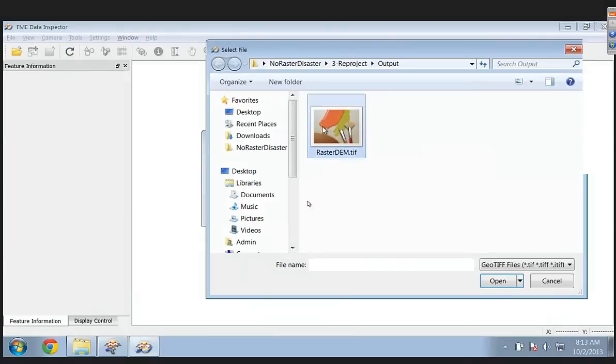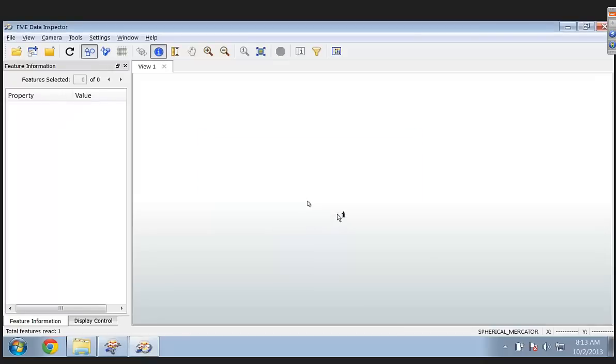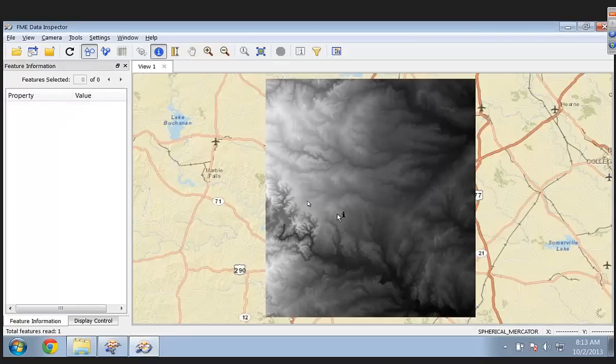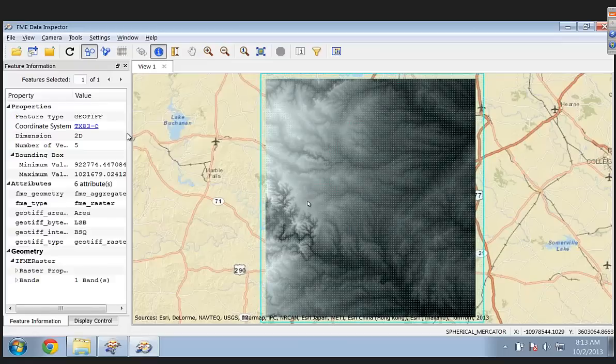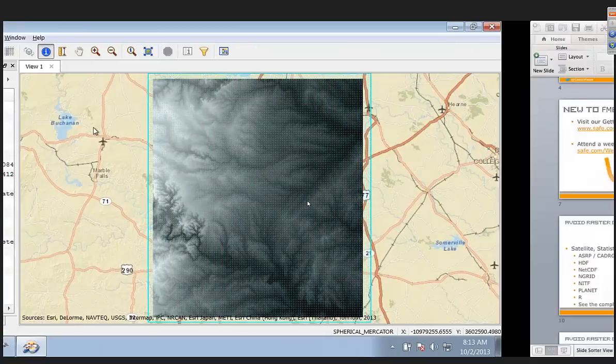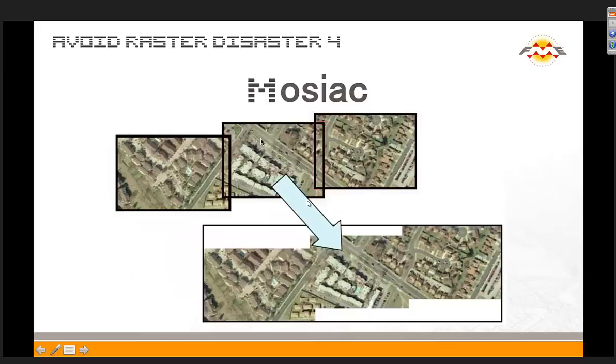And again, grab it in the Data Inspector here, it should come. And there we are. So this is a different projection. But since we're in the Data Inspector, we're reprojecting anyway to fit the spherical Mercator of the background map, so it's not quite as stunning of a difference. But if you don't believe me, we look over here and we see that it's TX83C. So we did something useful there. Moved it into the 21st century. That's right. So that's that one.